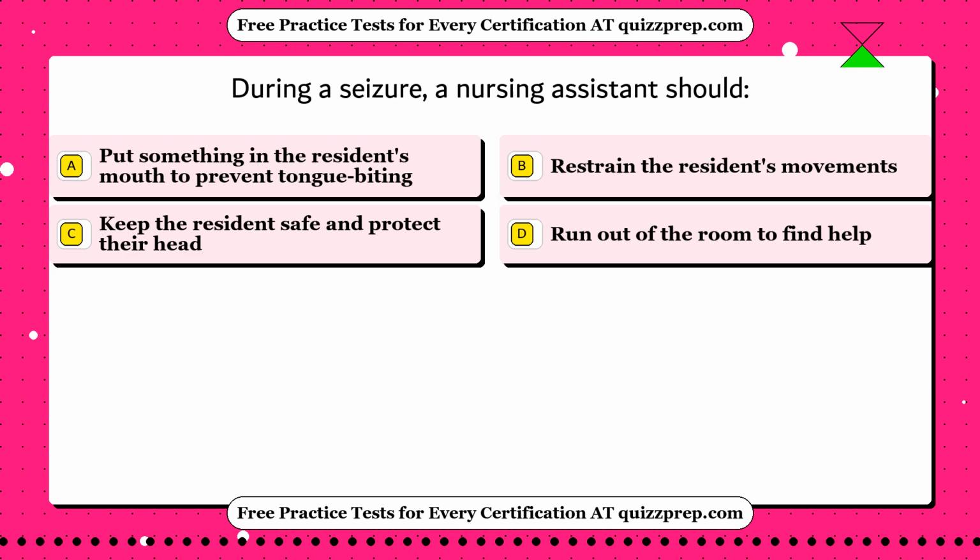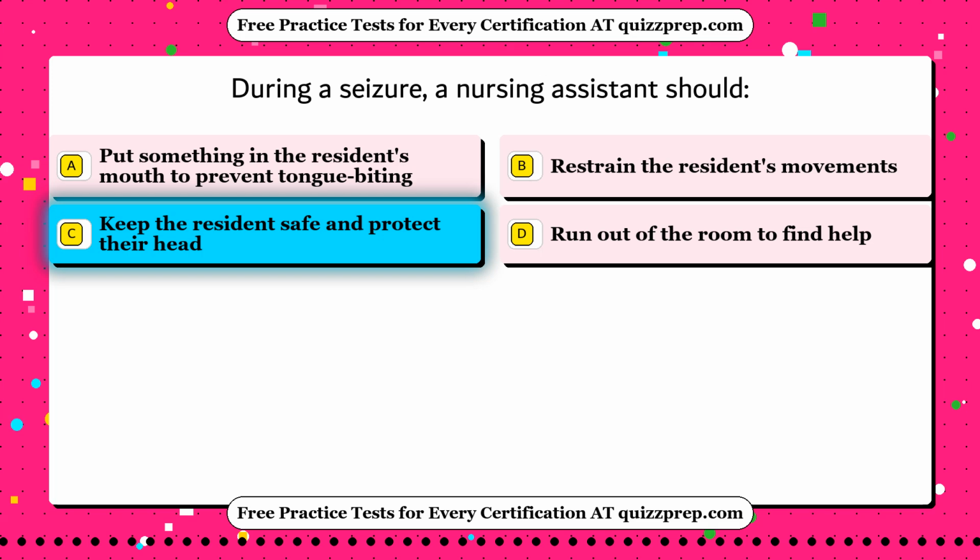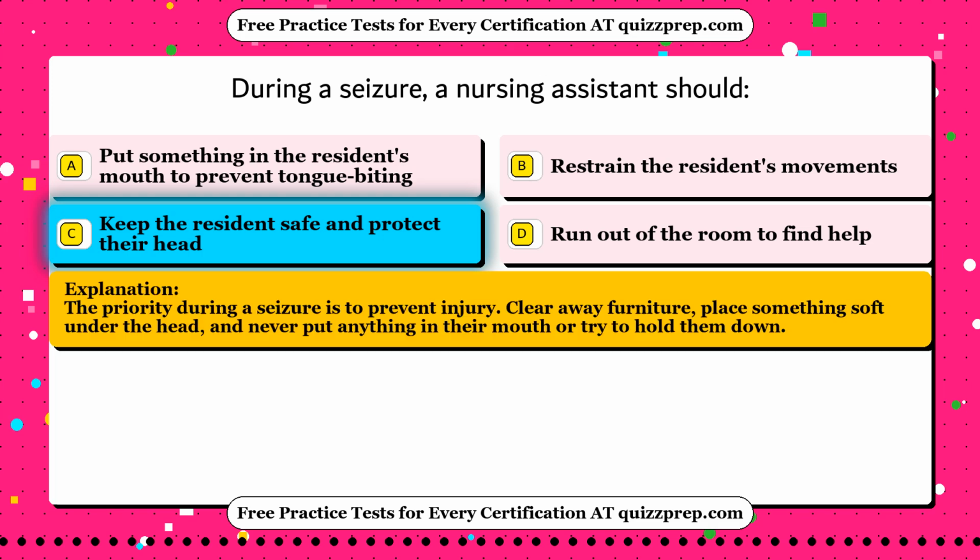Question 64. During a seizure, a nursing assistant should: Option A, put something in the resident's mouth to prevent tongue biting. Option B, restrain the resident's movements. Option C, keep the resident safe and protect their head. Option D, run out of the room to find help. The correct answer is option C, keep the resident safe and protect their head. The priority during a seizure is to prevent injury. Clear away furniture, place something soft under the head, and never put anything in their mouth or try to hold